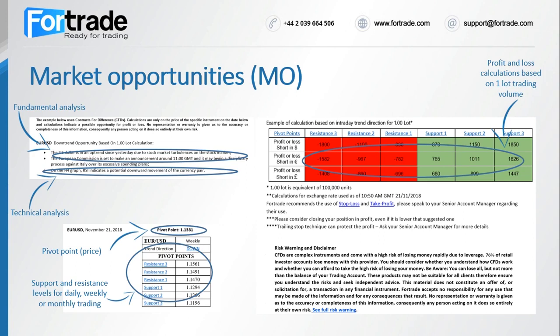When using a market opportunity, it's vital to look at the pivot point on which the calculations are based. In this instance, if the price reaches 1.1381 that you can see on the left-hand side of the screen here, this shows the right moment in our estimation for opening a trading position. That's how you decide to trade on this opportunity when it was active. You can see below the trend direction and the time period.